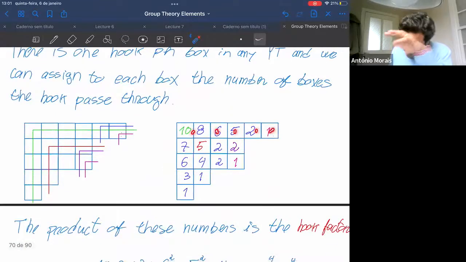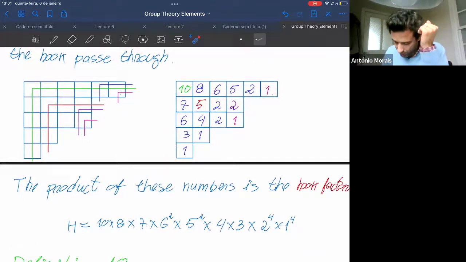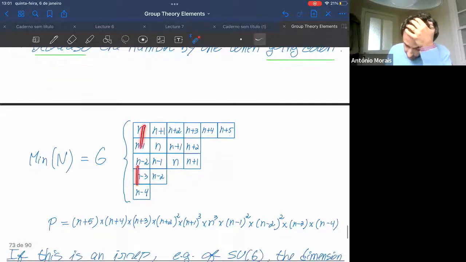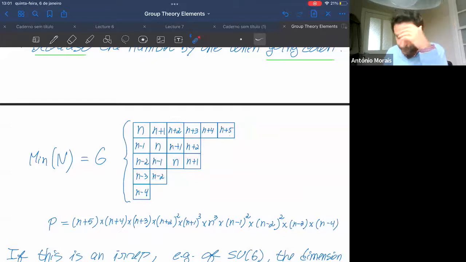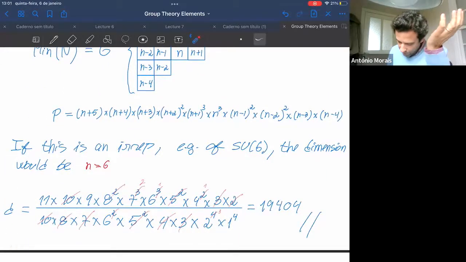So I'm using, this is the same for SU6, for SU7, for SU1000, for anything above SU6 with this example of Young tableau, because it's the number of hooks. So it has to do with the permutations and the combinatorics there. But this depends. So these numbers here depend on the group. And in this particular case, if this is a representation of SU6, this would be a huge representation, and